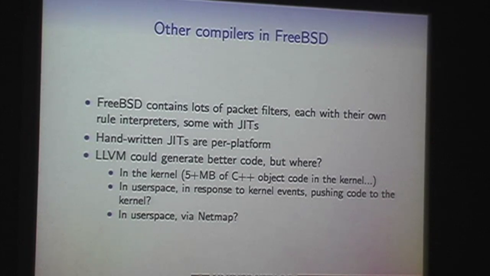So between 2 and 4, there's also BPF for packet filtering, which isn't a firewall but does the same. You write a little program for it and it runs it on every packet, and so for some architectures we have a BPF JIT. I actually wrote a little proof of concept that took BPF bytecodes, fed them into LLVM, and it generated about 1 x86 instruction per BPF bytecode on average. And the handwritten JIT we have in the kernel averages about 10 instructions, so probably you'll see a little bit of speed up there. But the question is, how would we integrate this?